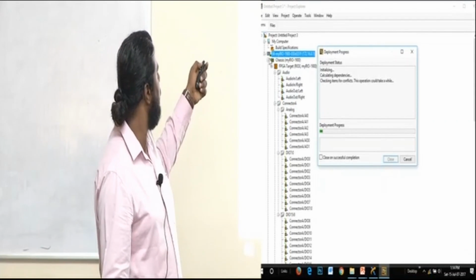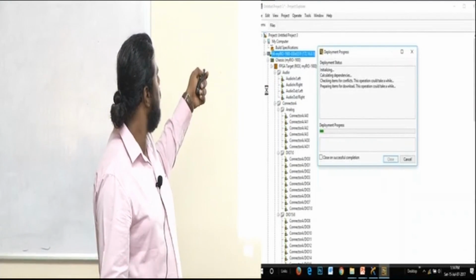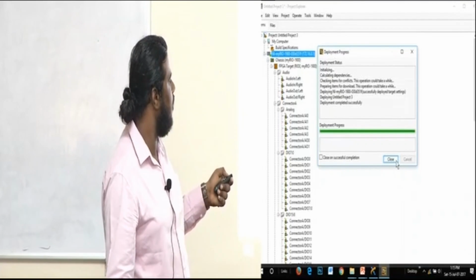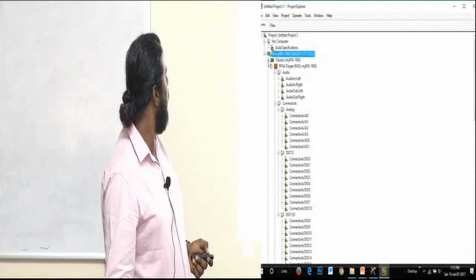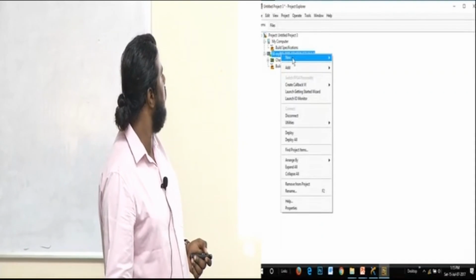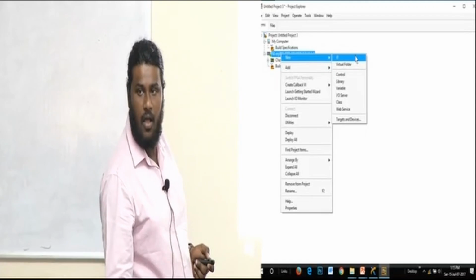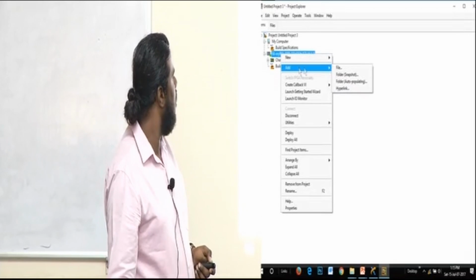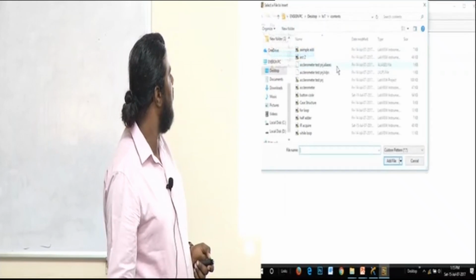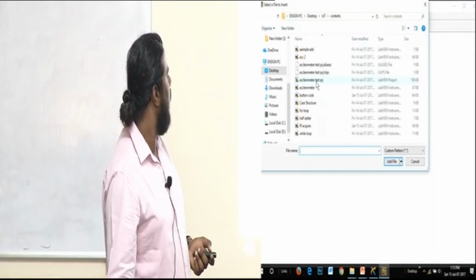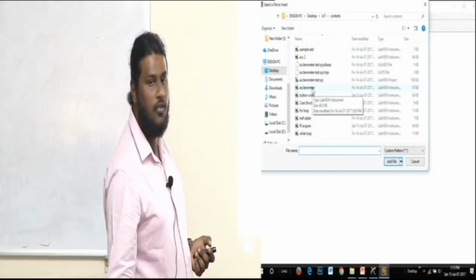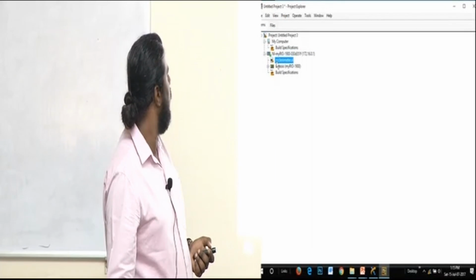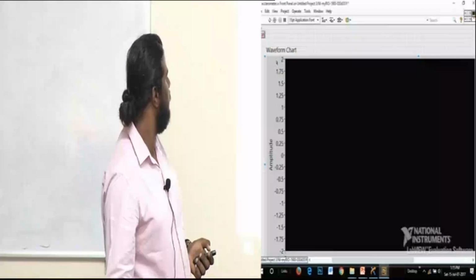You should find that this has to glow. When it glows, you can see the deployment is also successful. And say close. You can right click, new VI. You can design a new VI you want, or if you already have a VI which has already been done, you can just go to add file. This time let me try doing an accelerometer test. I'll go for accelerometer, add file. So double click on that accelerometer VI, so it opens.